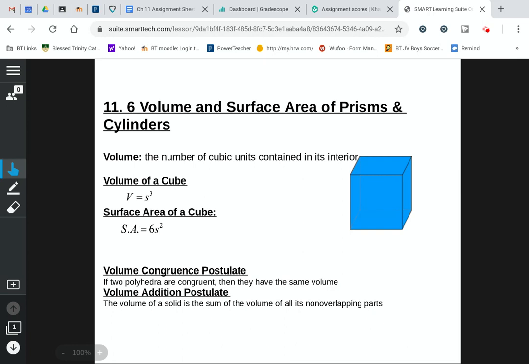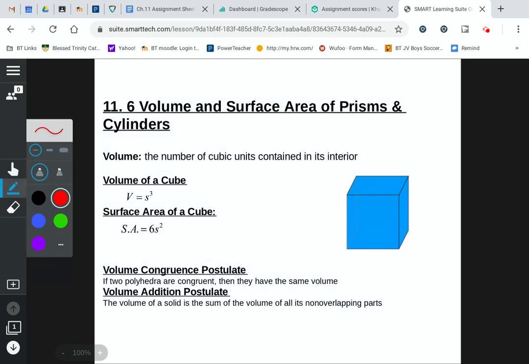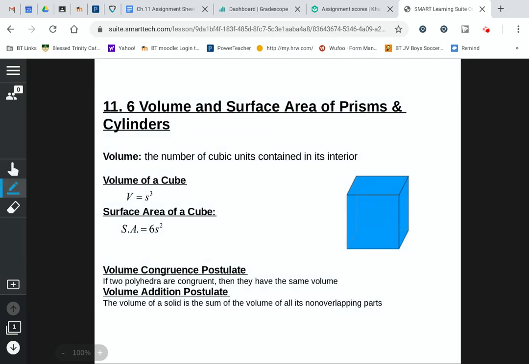So for a cube, since all the sides are squares, and I'm just going to move my cube over there. Since all my sides are square, we know that the length of each side is basically S. And so if you think about it, S by S by S would be S times S times S, which is S cubed. That's where we get that. And since we're talking about a cube, we have 6 different